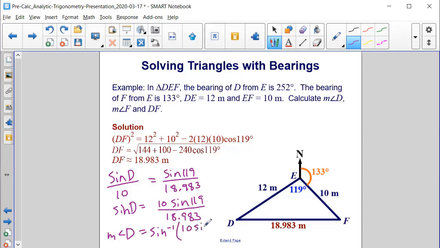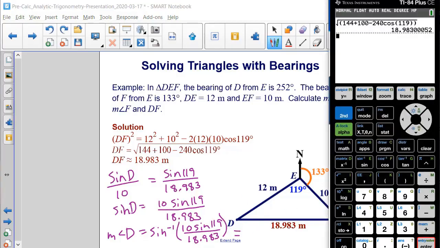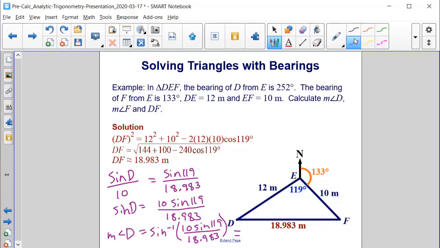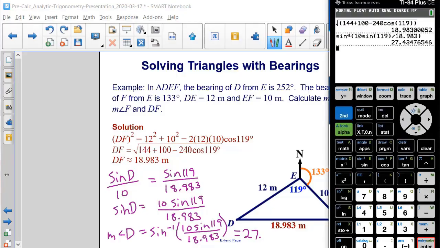So it's 10 sine 119 divided by 18.983. And when we put these into our calculator, let's actually do that. We have to first do inverse sine of 10 times the sine of 119 divided by 18.983, close parenthesis, and we end up getting 27.435